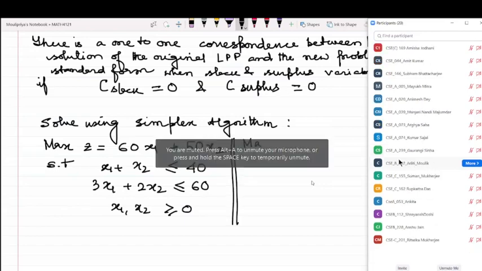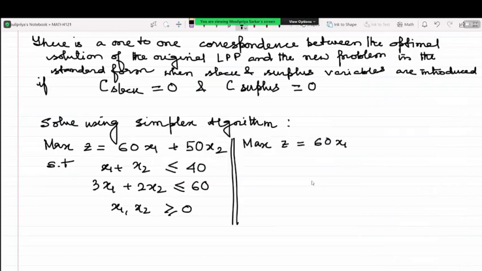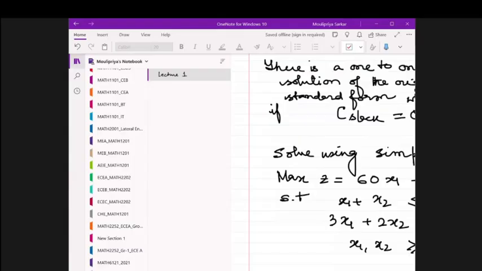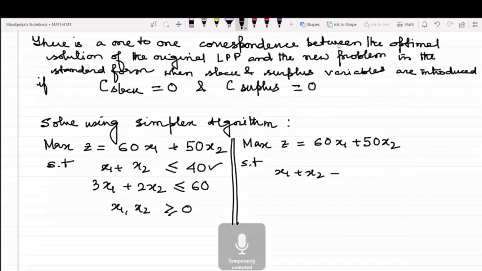We will write it as max z equal to 60x1 plus 50x2 for the time being, subject to x1 plus x2. So what is to be done to the first inequality? You tell me. X1 plus x2 plus slack is less than or equal to 40. Tell me the variable that you want me to introduce. What do we write? Plus x3